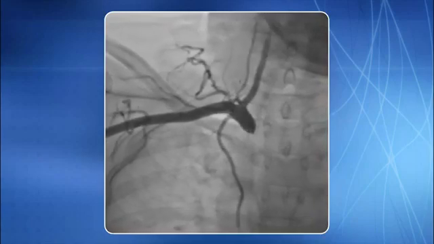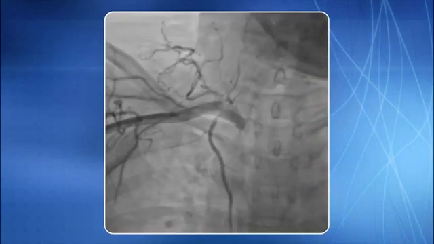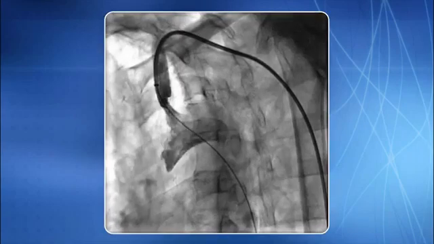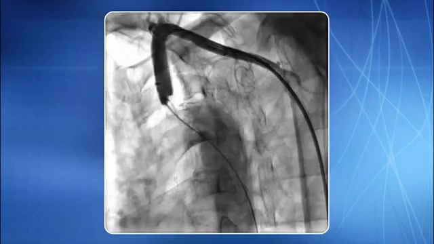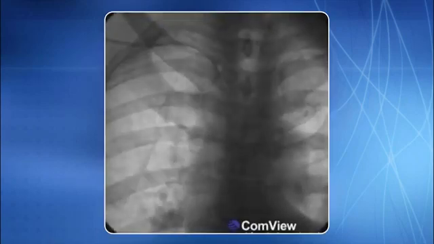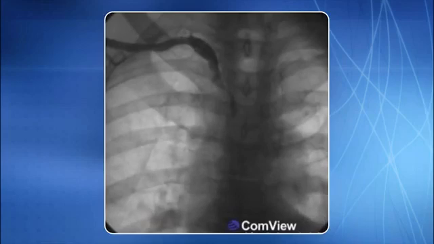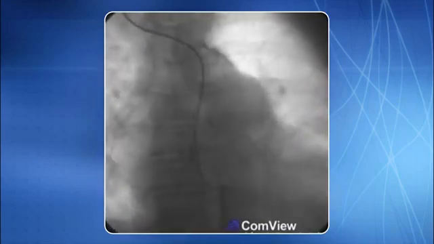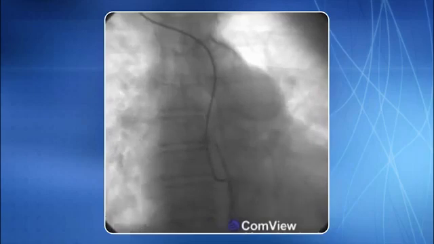This is an example of total occlusion of the right subclavian artery. This is an example of a tight atherosclerotic lesion of the left subclavian artery. This is an example of a long segment atherosclerotic lesion of the right subclavian artery. This is an example of mild tortuosity of the right subclavian artery. See the catheter course.